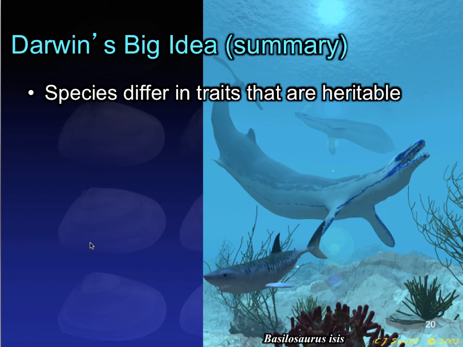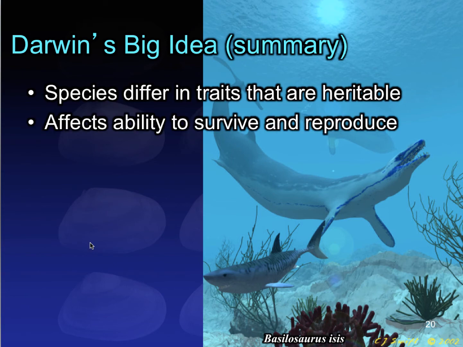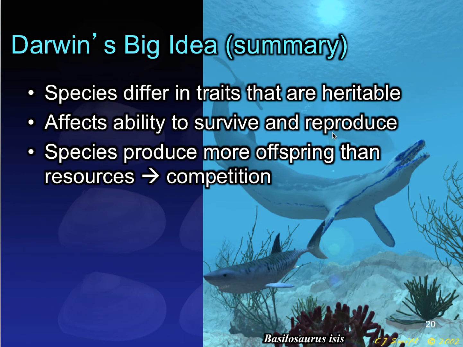Number 1, species differ in traits that are heritable, okay? And that is that variation that exists. And that variation is going to affect the ability of individuals within that population to survive and therefore potentially to reproduce. What's more is that species are capable of producing far more offspring than the resources can support. Given that, it's going to lead to competition among those that do manage to make it to the point